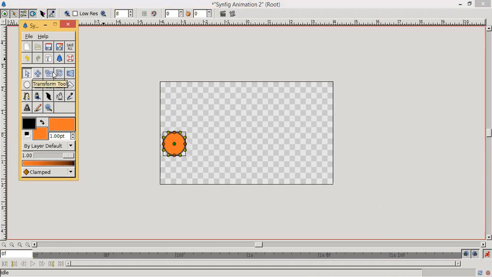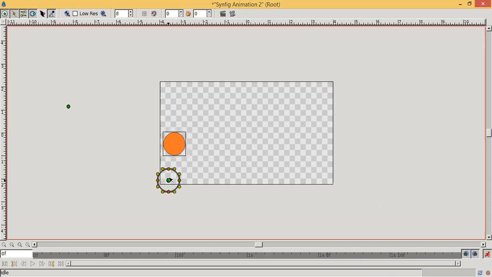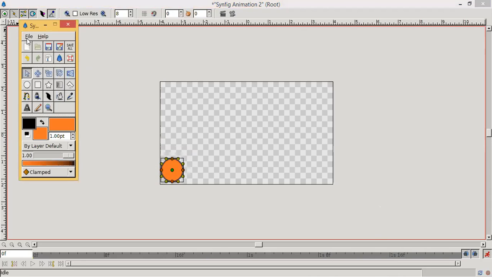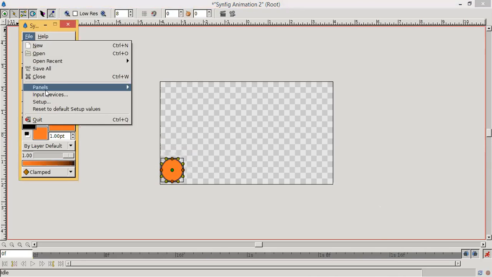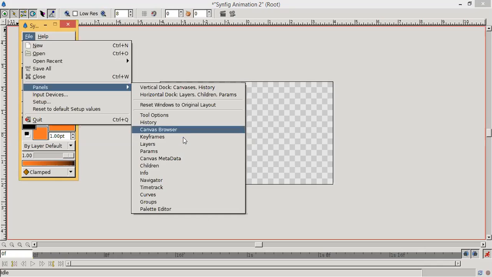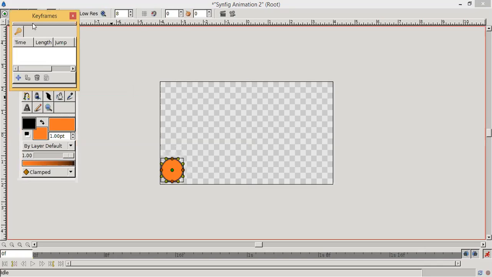We will select this circle and just take the position of this circle. The first position of this circle is 0F. Now we will go to here. Today we require two tools. First one is keyframe.